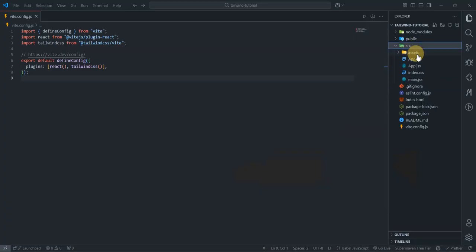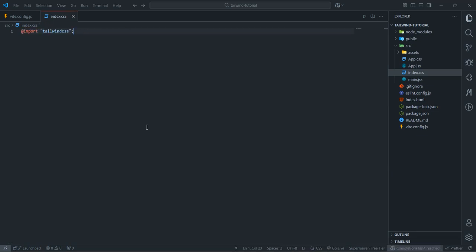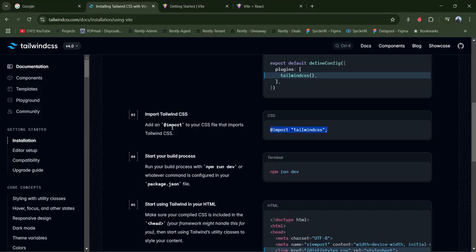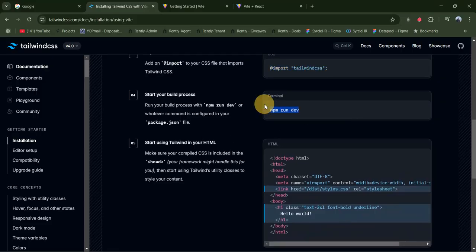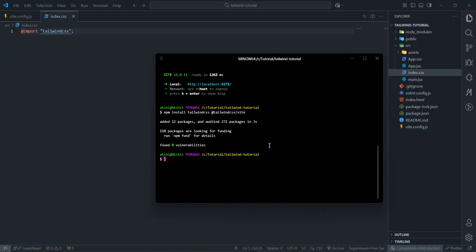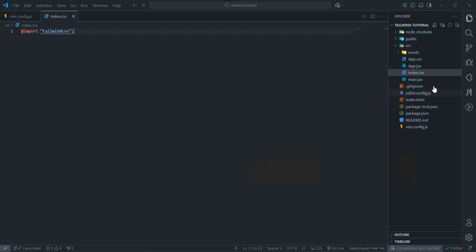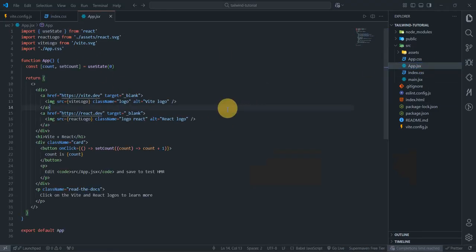The third step is to import: go into src, go into index.css. You can follow these steps, which I am doing, to easily install Tailwind CSS into your system. Then it's done. We just need to run the server again. And if we go to this file, you can see it's done, but let's check and confirm whether it is running or not. So if we go to App.jsx and remove this,